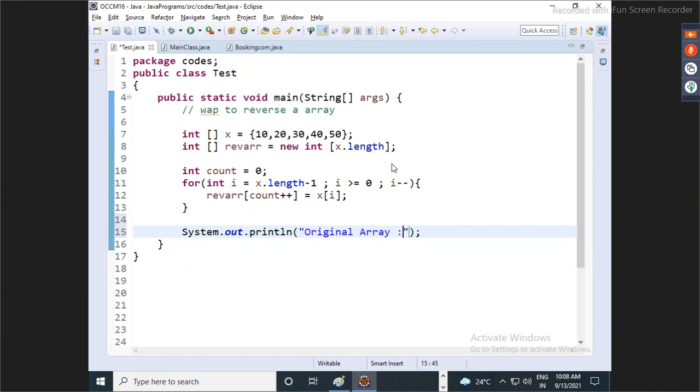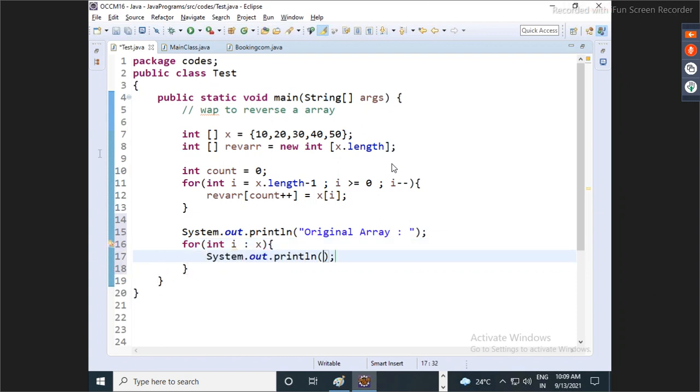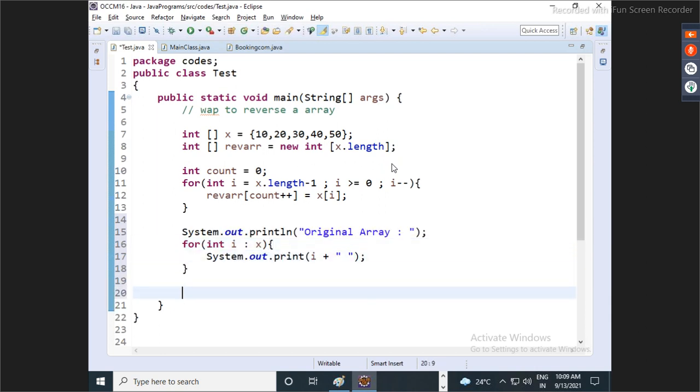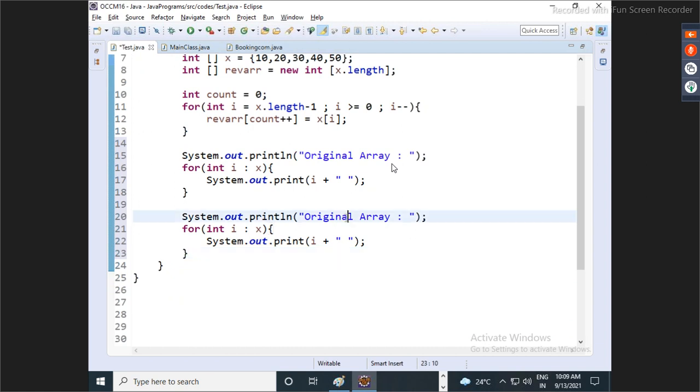Now see, once this part is done, now I will print, let's say, the original array: for every int i coming from x, print i. And now I'll print the reverse array.